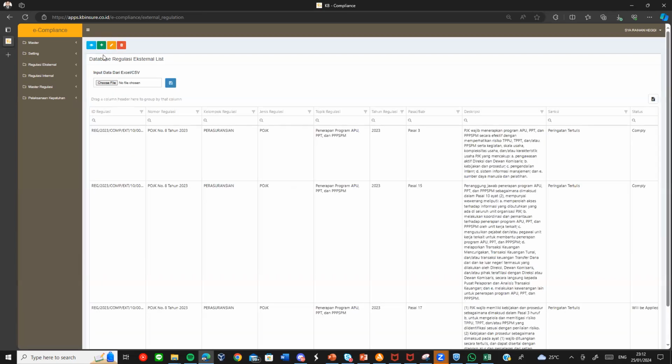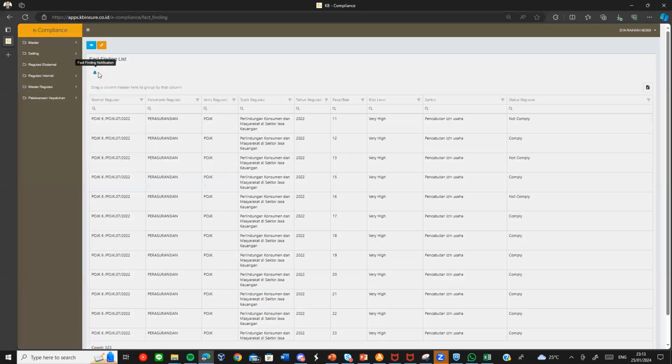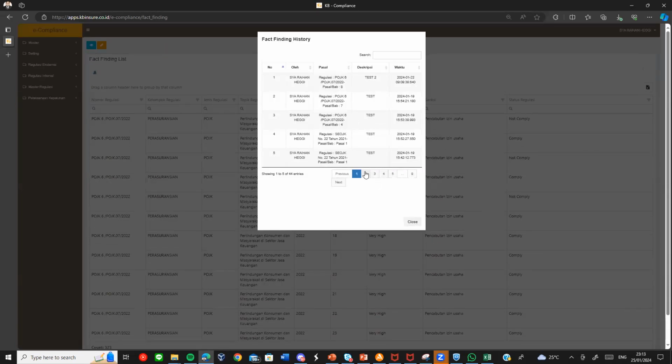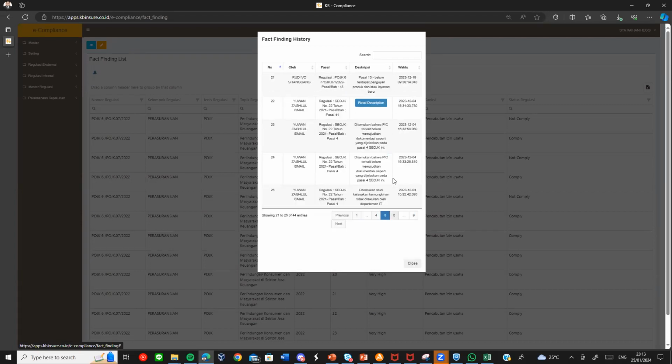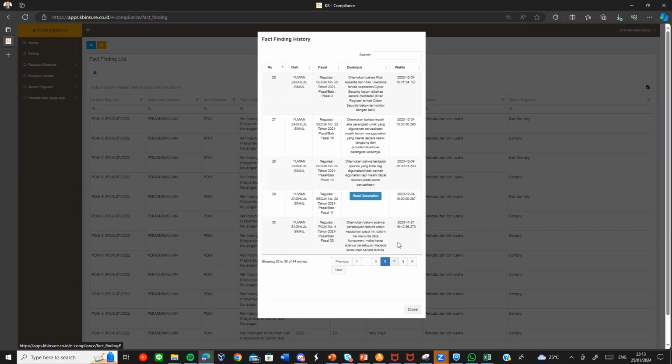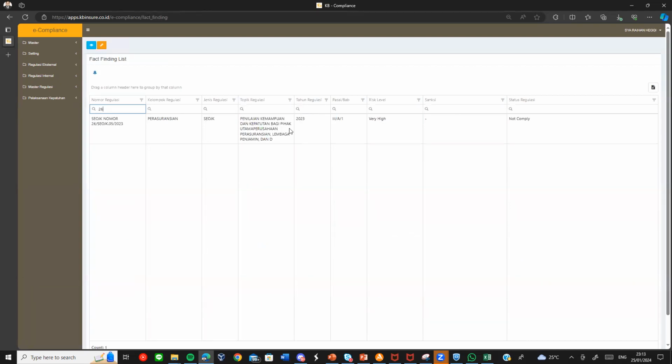Okay, that's one process. We are going to the next process, which is the business process of the checking preparation process. It is conducted in the fact finding menu. In this menu, we can see the fact finding regulation and the historical data contained by the system, reloaded from the log database. For example, we want to add the fact finding to the COJK we already inputted before.